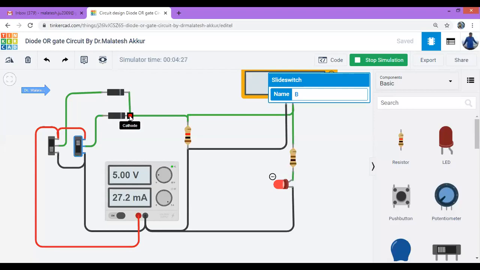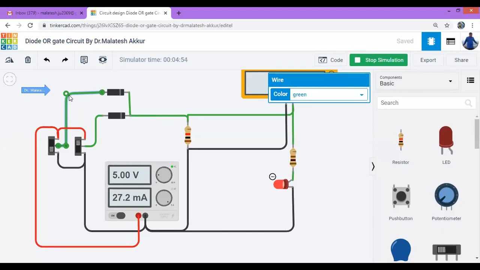But in this case, this voltage will be what? It is 4.3 volts. But if you didn't use this D1 diode also, the voltage at this point is also 5 volts, because this wire makes a short here and the same voltage will appear at this point. So it is equivalent to what? 5 volts. But there is no question of changing the combination like 0 0, 0 1, 1 0.